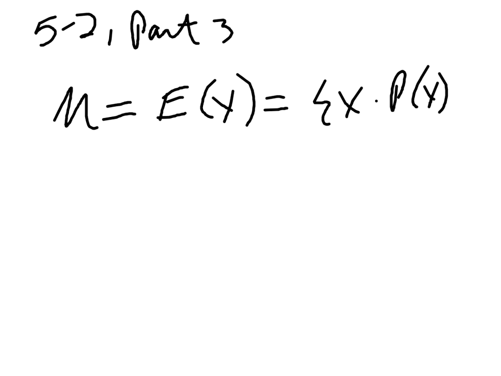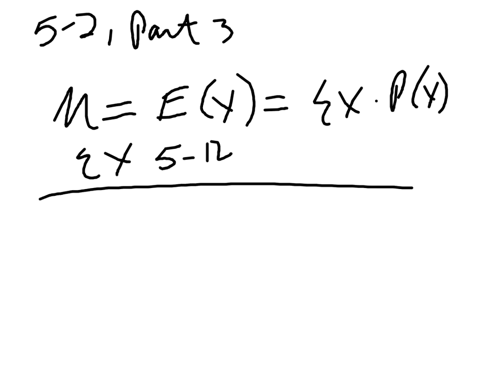Anyway, what we're going to do is take a look at example 5-12, and we'll do it both ways. This is about winning tickets, and they've sold 1,000 tickets at $1 each for a smart television that's valued at $750. What's the expected value of the gain if